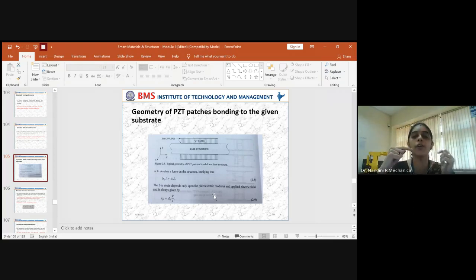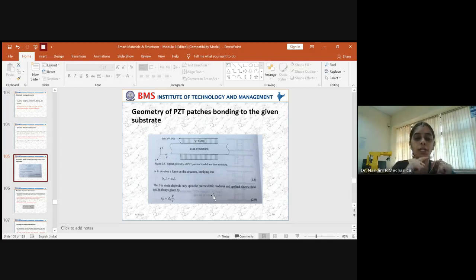The free strain you are getting depends upon the module of piezoelectric, how many piezoelectric layers you have in it. So what is the number of stacks you have in the piezoelectric module? Based on the number of layers in the stack, the free strain can also increase. If you have around 15 layers of piezoelectrics, that is called one stack, and the free strain value will be different. If you have only 10 layers in the module, the free strain you get will be reduced. So it depends upon the number of layers in the module, and the strain generated will keep varying.